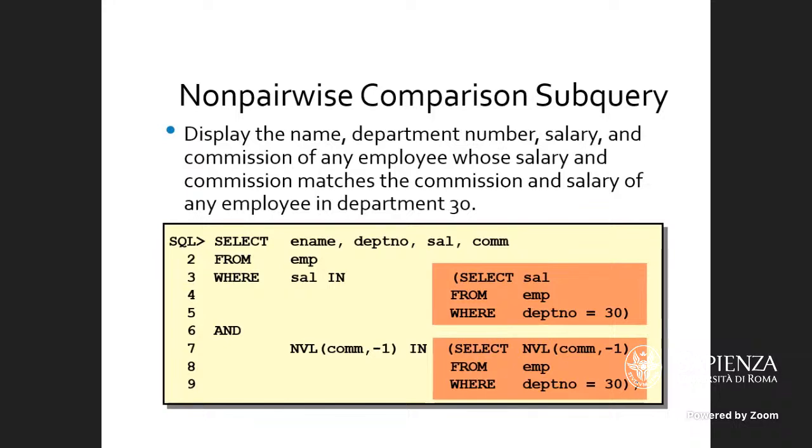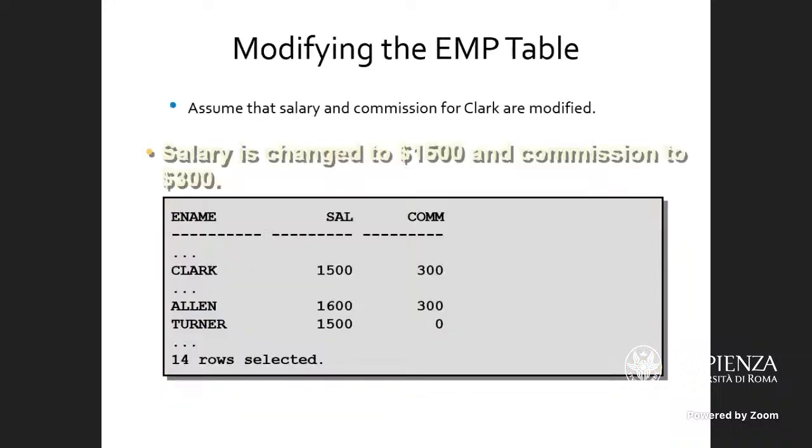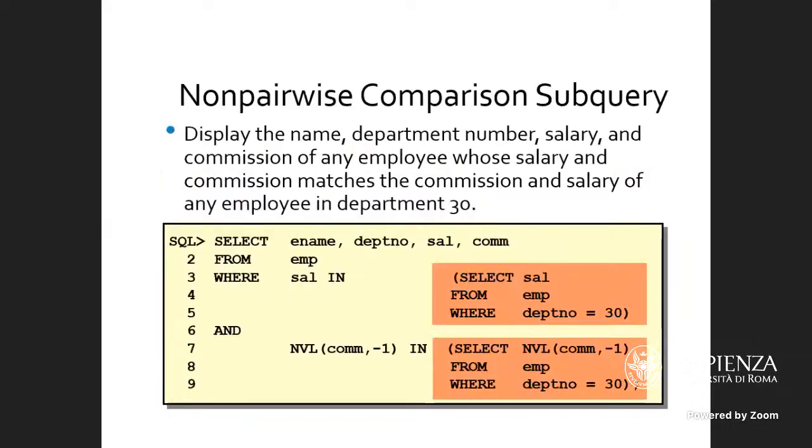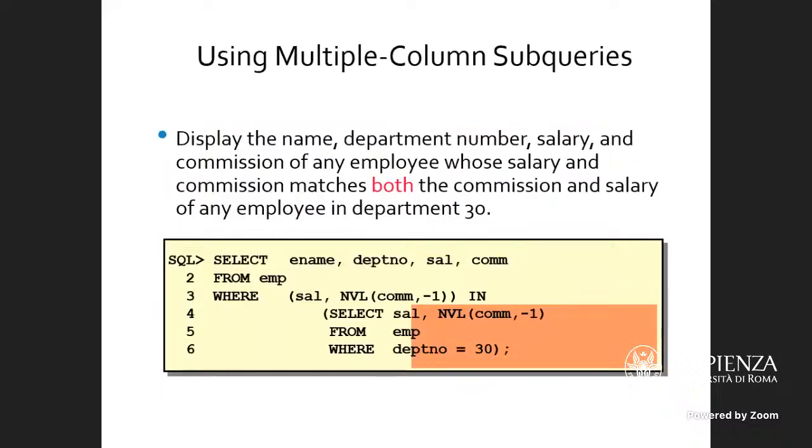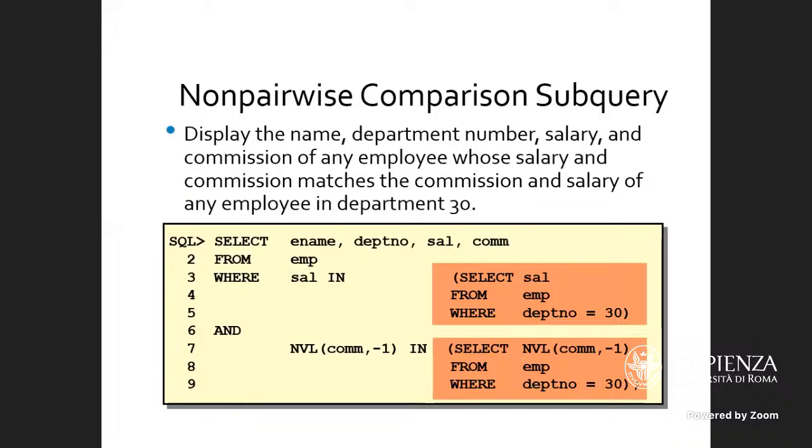And this is another example of when, okay, I think this is where we're not modifying any tables in this class. So when we are doing non-pairwise comparison, I think the other one we have here is when we are matching it in a pairwise way. And then when we are matching this one in a pairwise way, when we are trying to look at